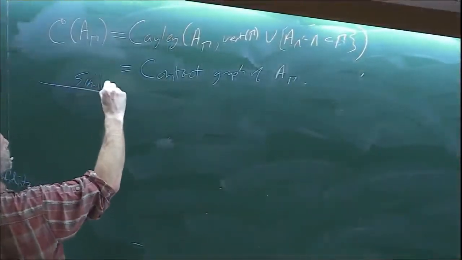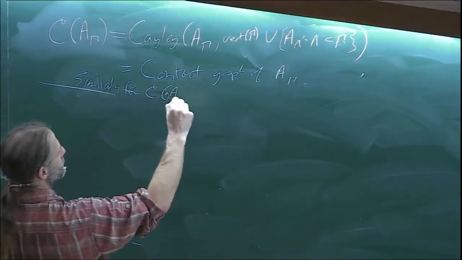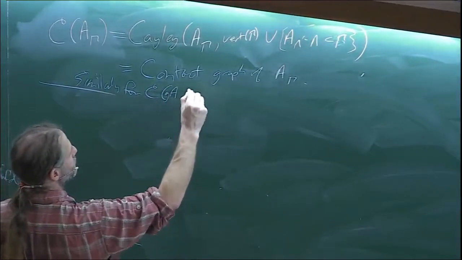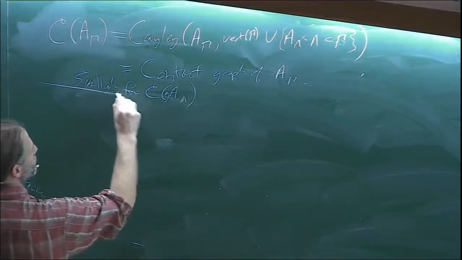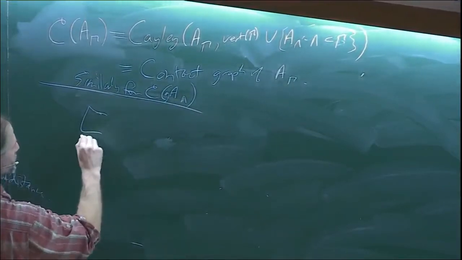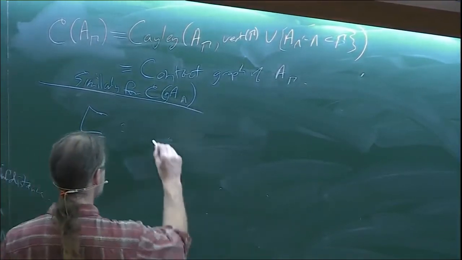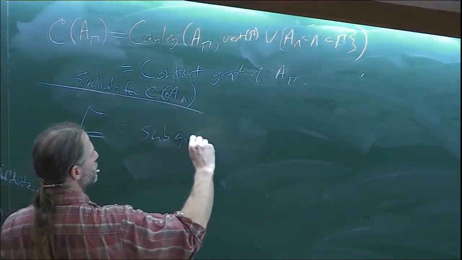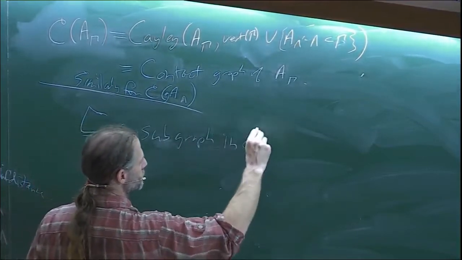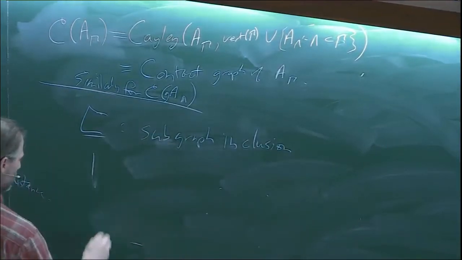Okay, so then similarly for C of G of A lambda. Okay, and then there's my nesting, right? So nesting is again just subgraph inclusion. Subgraph inclusion, and orthogonality